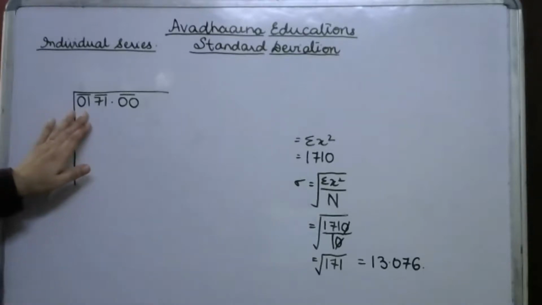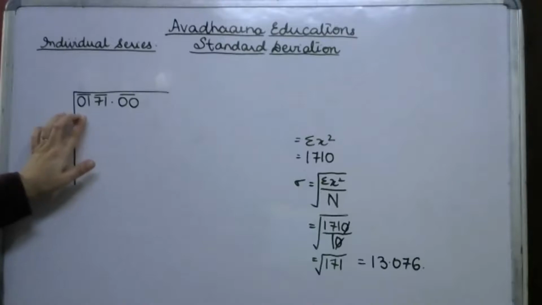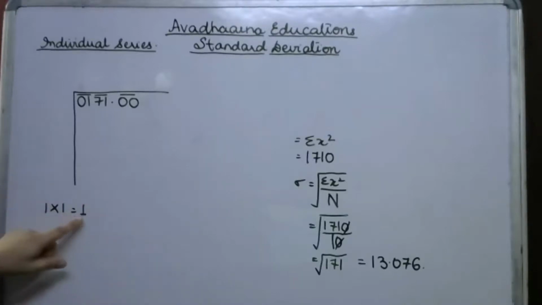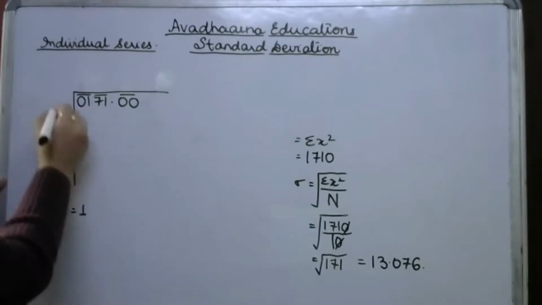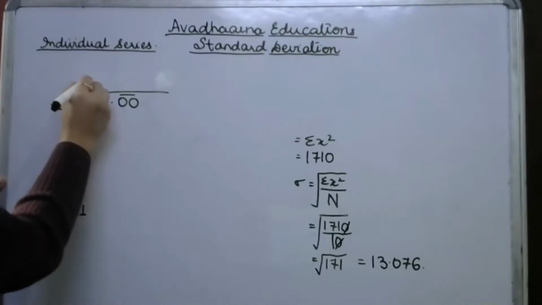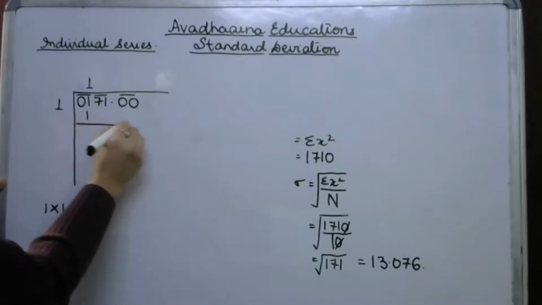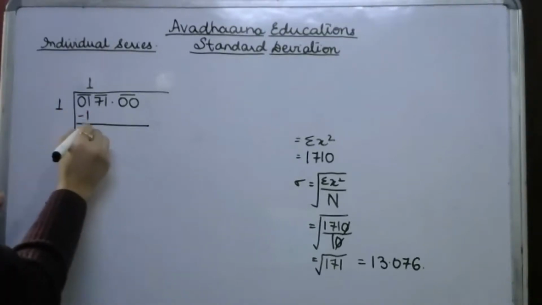Fine. Now we are going to have one number in such a manner that if we multiply the number with the same number, we are going to get the dividend which is equal to the first pair or less than the first pair. जैसे कैसे? 1 into 1, it is equal to 1, or 1 is equal to this first pair. So we'll write 1 over here as a divisor, 1 as the quotient, and 1 will be there in the dividend part. So if we'll subtract, we'll get 0.